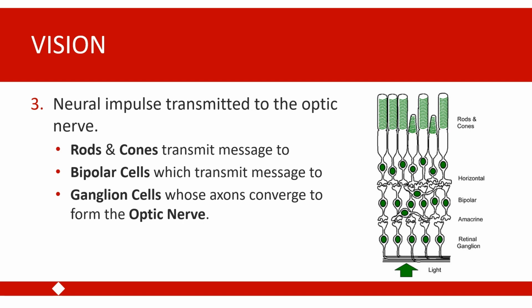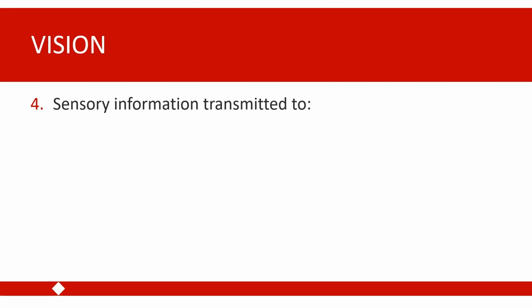So these photoreceptors are sending information through the bipolar cells to the ganglion cells. The axons of those ganglion cells are converging to form the optic nerve, and the optic nerve is then going to transmit these neural impulses to the brain, where this information can be perceived to result in perceptions and meaningful information about our visual world. The place where the optic nerve exits the eye is called the blind spot. It's called the blind spot because we have no photoreceptors on this part of the retina.